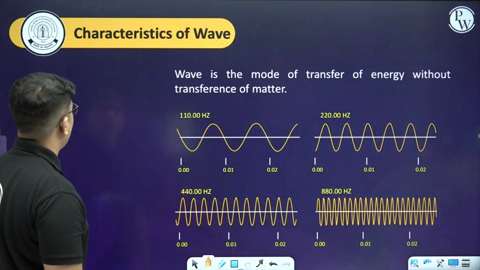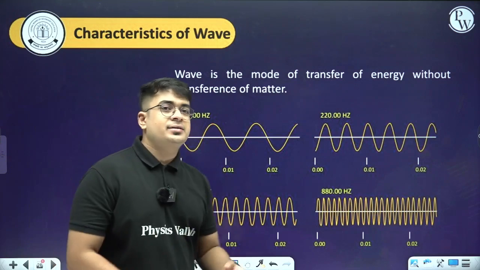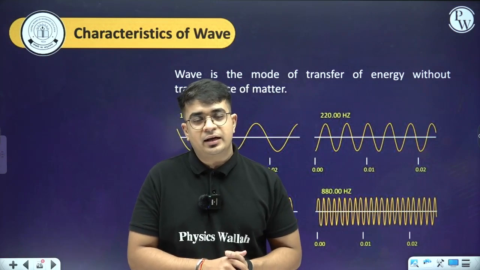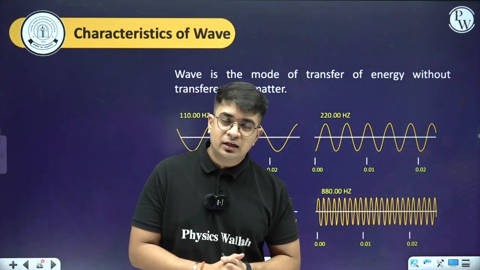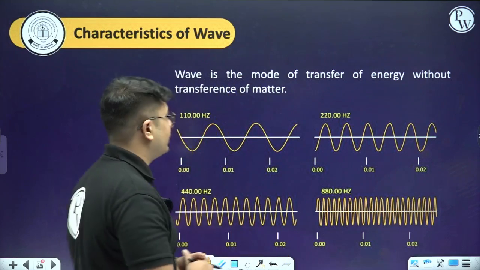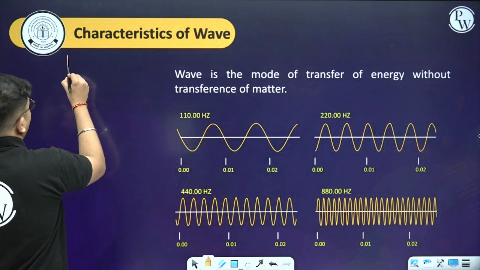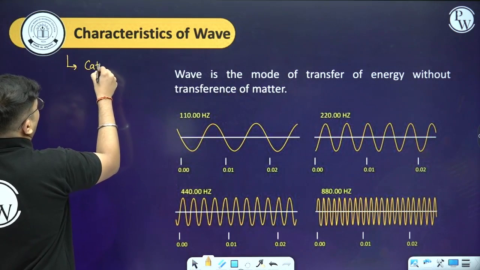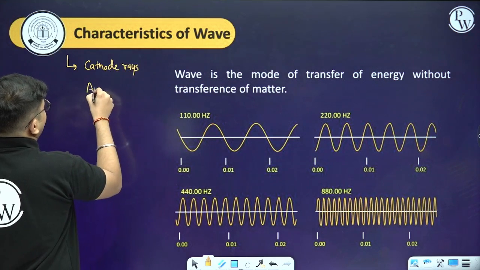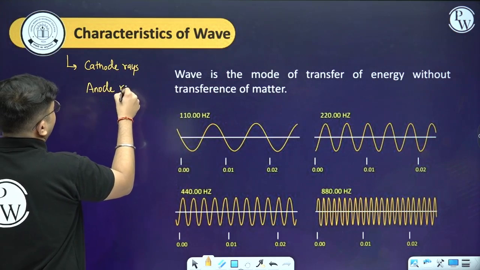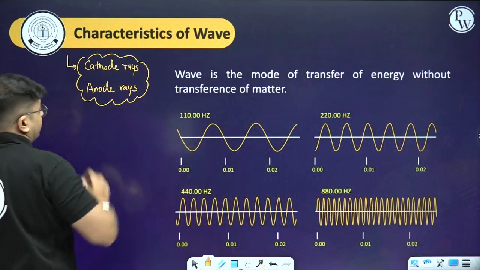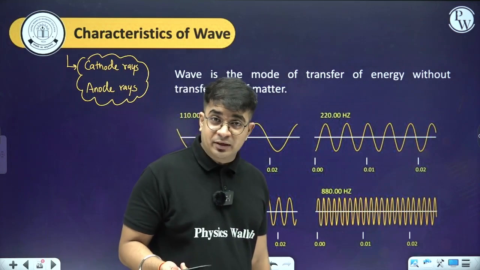Okay. Now the next part is related to waves. Why are we discussing the wave part? We were discussing the discovery of particles, and the entire discovery of particles goes through cathode rays as well as anode rays. So we are talking about the rays first, and that's why we need to understand the basic behavior of